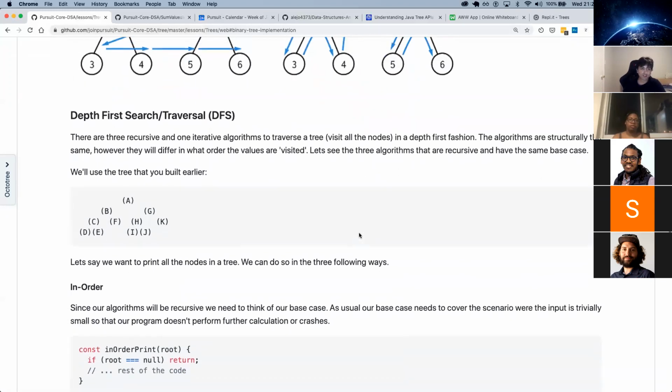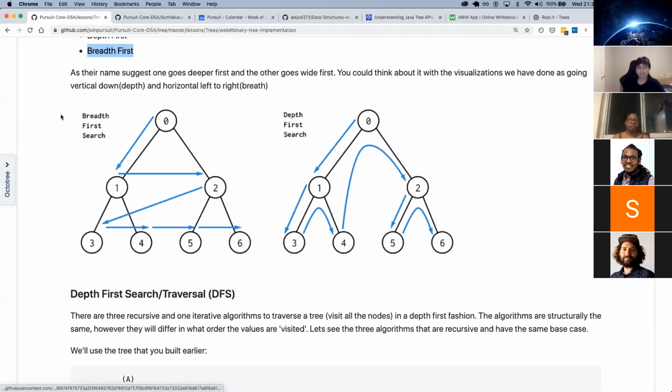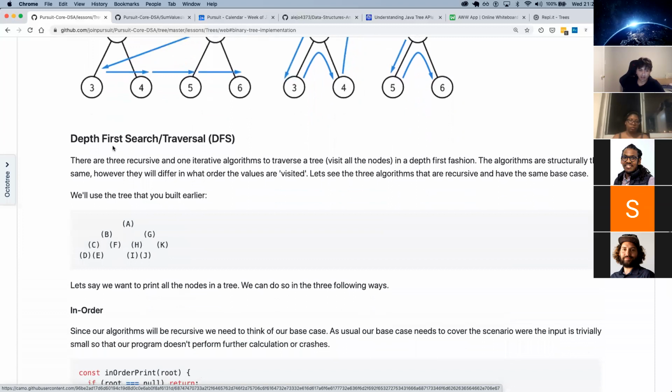Depth first is a bit easier than breadth first, because depth first can be implemented recursively in very few lines of code. Breadth first needs an extra data structure, a queue, and it will be a bit harder, but not impossible.